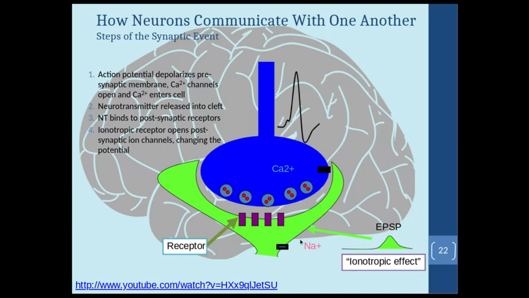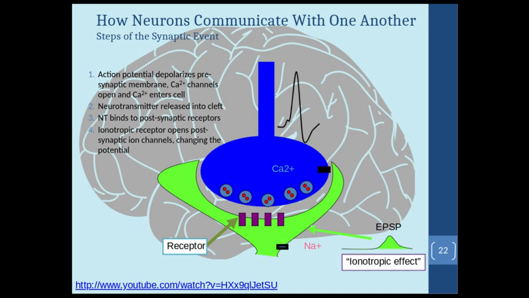If sodium channels are opened on the next cell, that's right, sodium can come in and produce what we call an EPSP. So since this is the postsynaptic cell, any change in voltage is called a PSP, postsynaptic potential. Now, obviously, we have 2 things that can happen. It can either cause a depolarization, which is excitatory, so we call it an excitatory postsynaptic potential, or it can